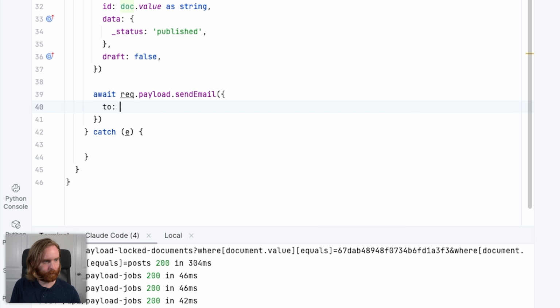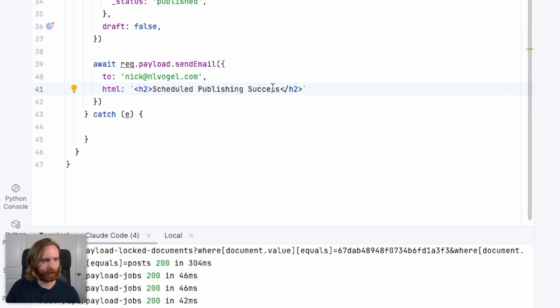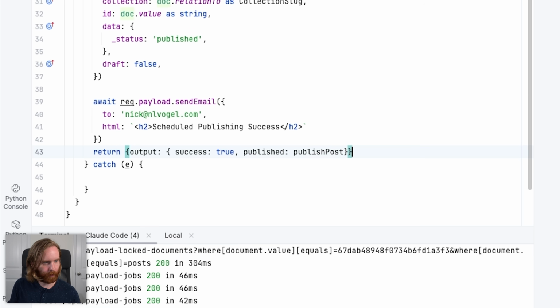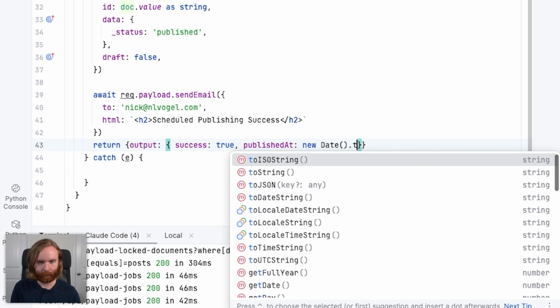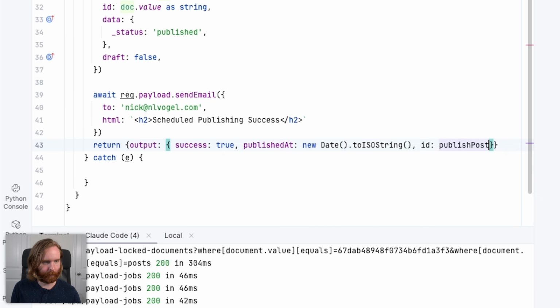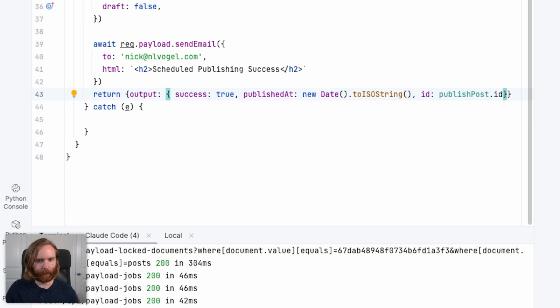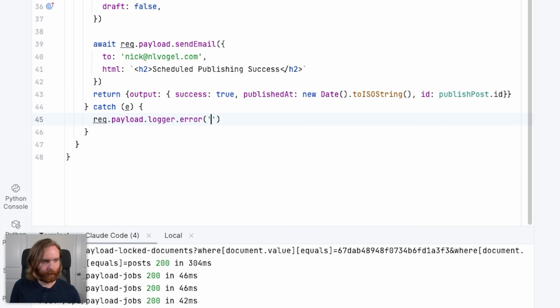That'll be to, again, myself. And we will pass in HTML that says H2 scheduled publishing success. Then we can return output, success is true, publishedAt new Date toISOString, and then an ID of publishPost.id. Then we'll catch our error e and log that using our payload logger and say something like